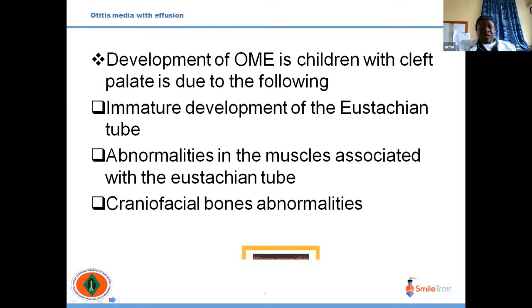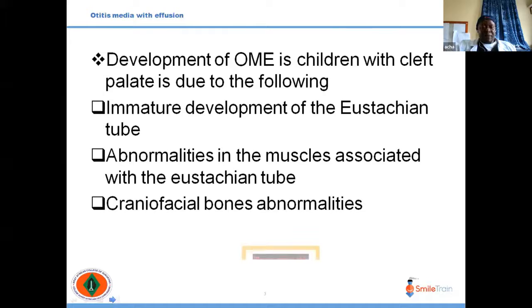But more so in children that have cleft palates, because of the open communication between the mouth and the nose as a result of the cleft palate, there is recurrent inflammation of the throat, and that inflammation predisposes the opening of the eustachian tube to be blocked, and that leads to stasis, infection, which subsequently leads to